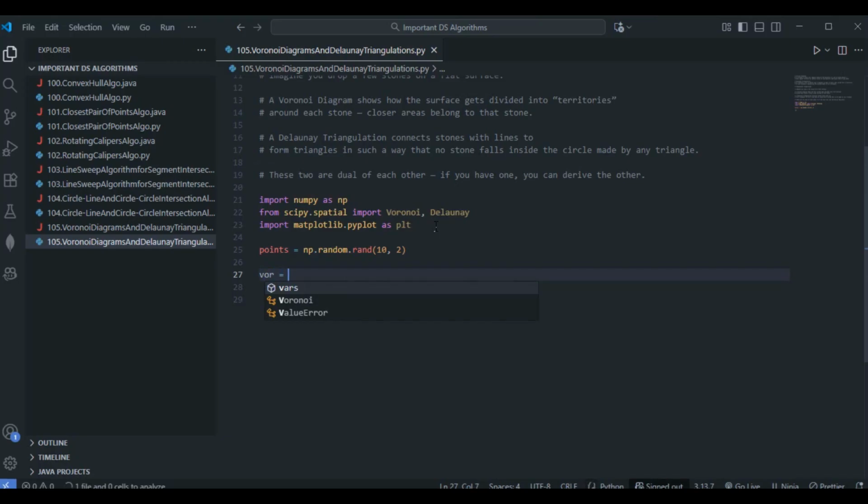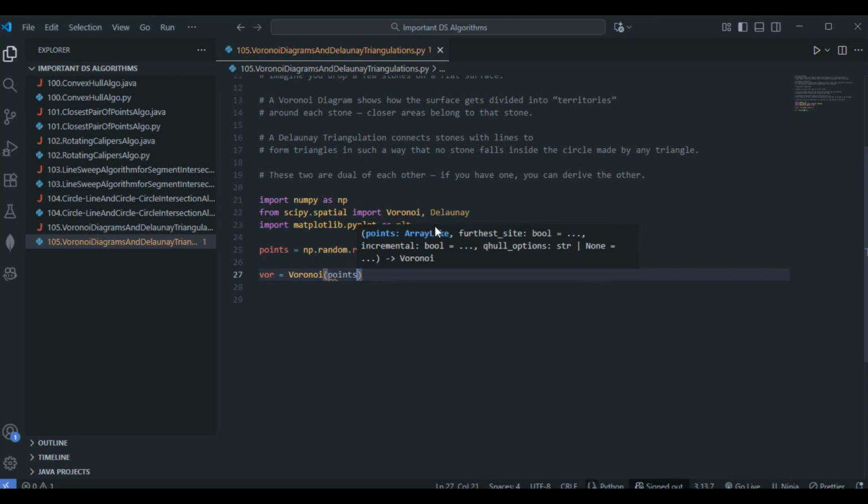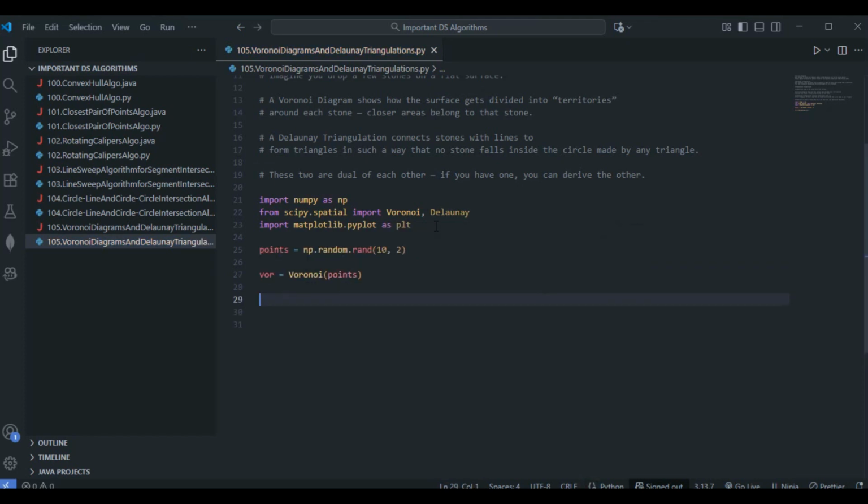So this is fine. Let me pass Voronoi here. Yep, so this is fine. Of, let me pass points. So this has to show. Yep, this is fine. So the next step after creating the Voronoi diagram, we have to create the Delaunay